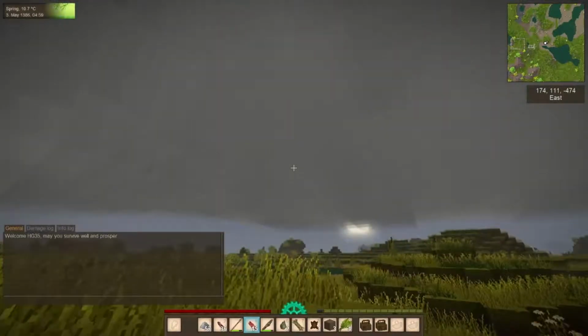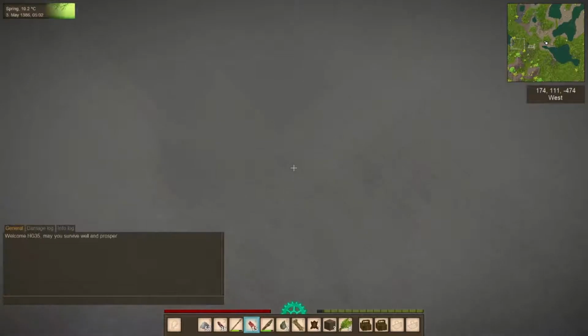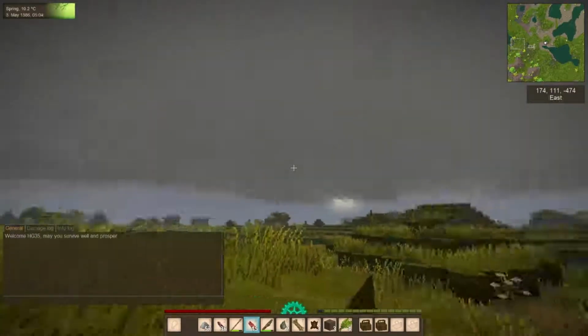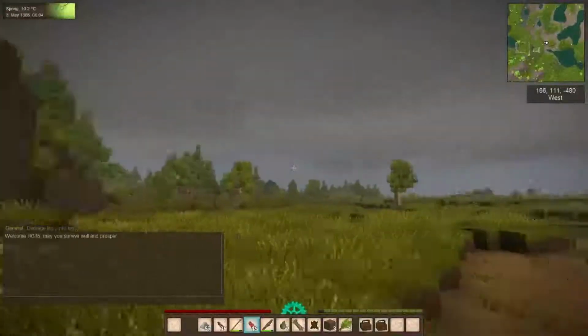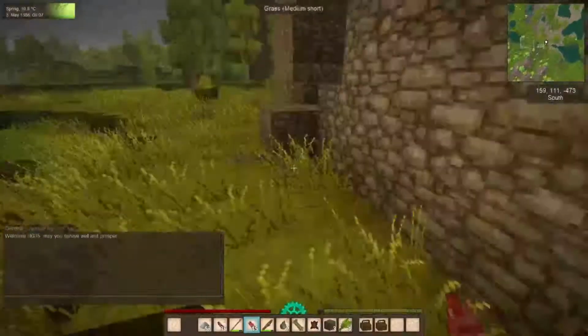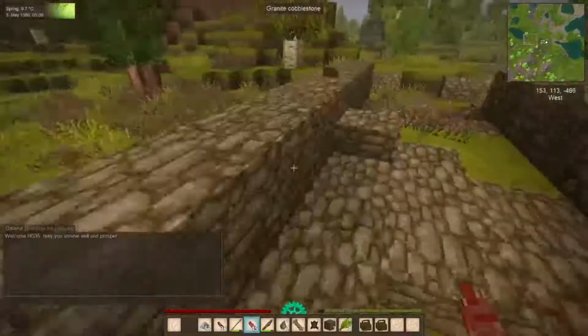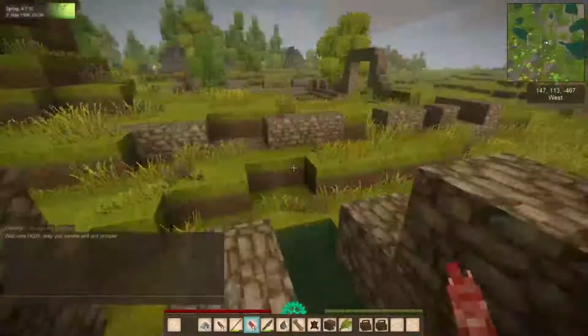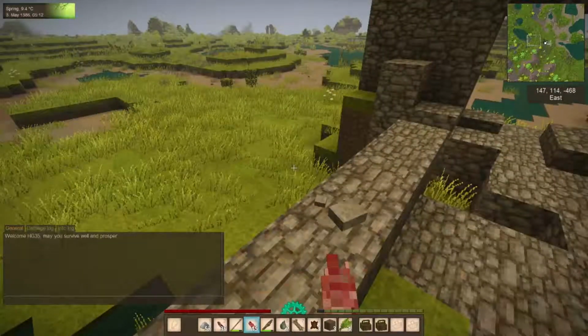That is another cool thing about this game, is that the weather is actually controlled by the clouds going by. So if you step underneath a thunderstorm cloud, it's going to thunderstorm, and if you go outside the cloud, like over there, it'll be nice and sunny. So that is pretty cool. I'm just going to search these really quick because I am running out of time. There's two ruins next to each other, so there should be two,